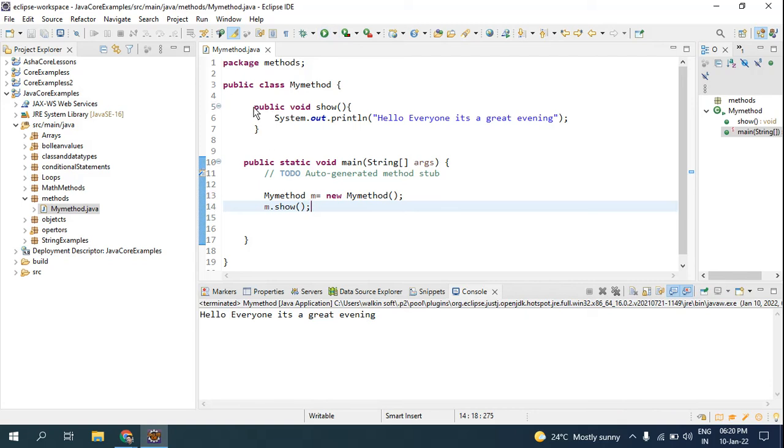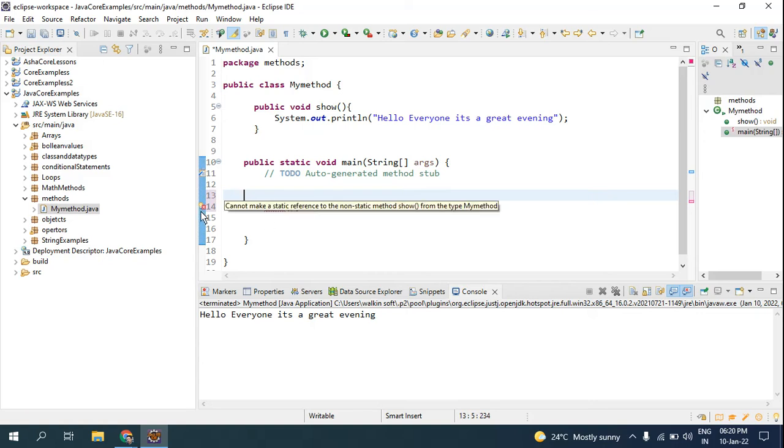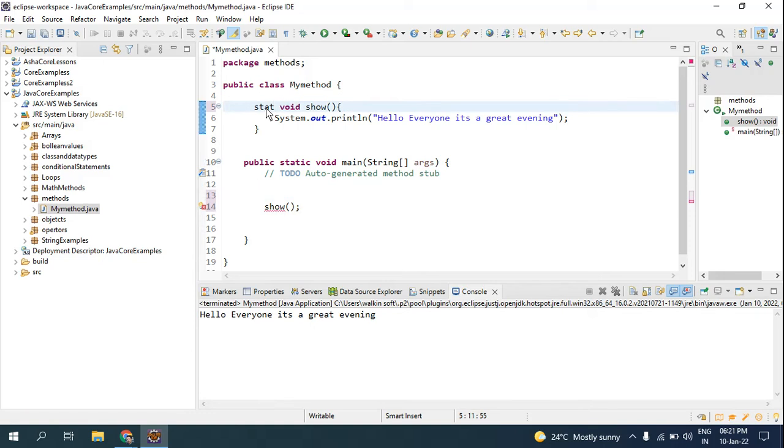Public tells the Java compiler that it's a method, and what the Java compiler looks for is that an instance of that class has to be created, only then it runs. For now I have not explained objects, constructors and classes, so you don't know this. If I remove m and try to invoke, you will get this error. Why? Because the Java compiler tells you that you have not created the object, so you cannot make this public. At that time we will be using static, and if I use static, no errors here.